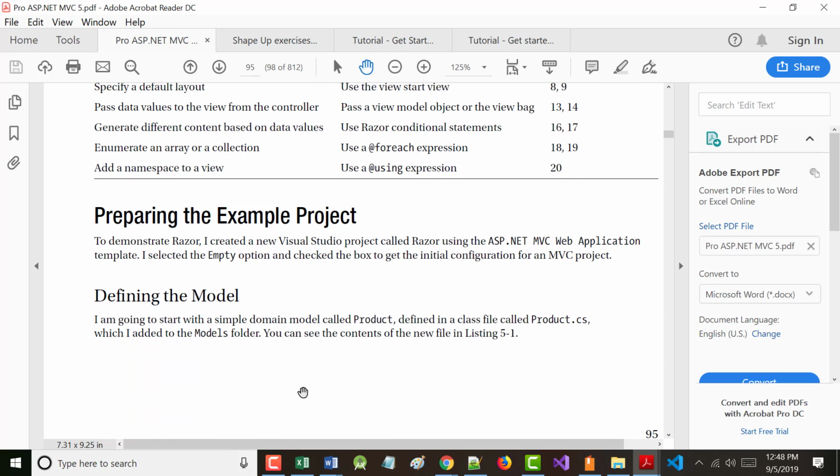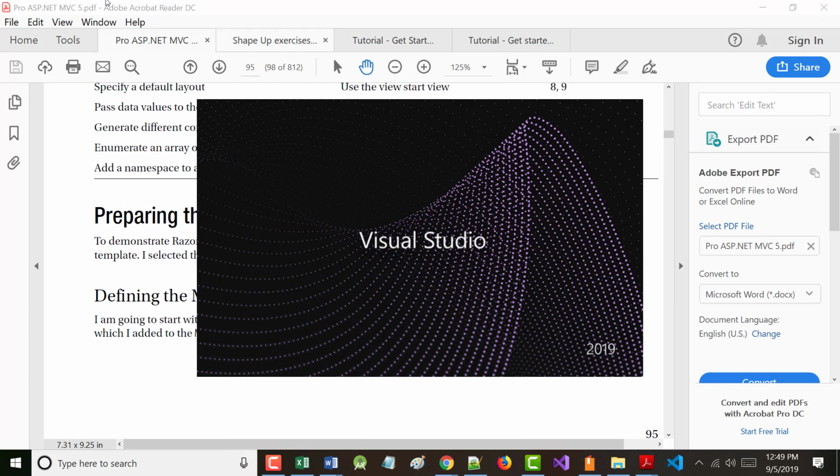So what we're told to do is to come in, and if you would all please, because I'd still like you to do the project, start up Visual Studio, come in, create an empty project where you choose MVC, and they do want you to just call it Razor. So that's exactly what I'm going to do.